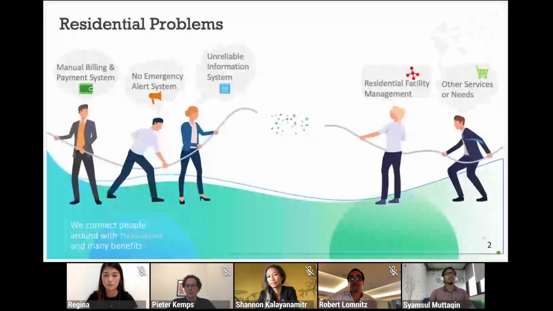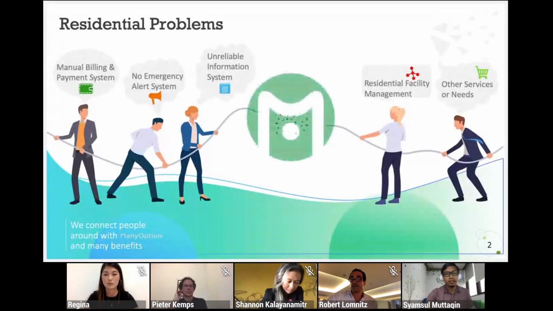For example, if I'm a resident and want to order food from outside, I need to go to the front office to pick up the order and bring it to our room.